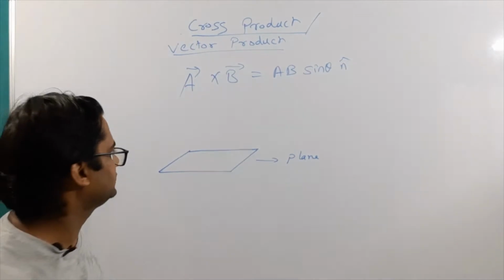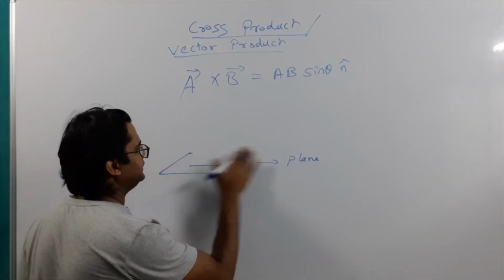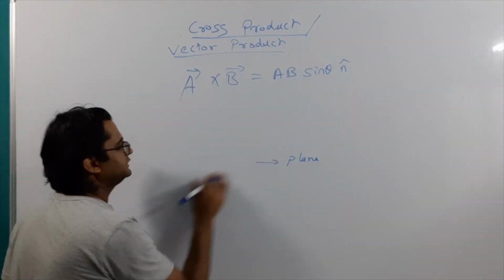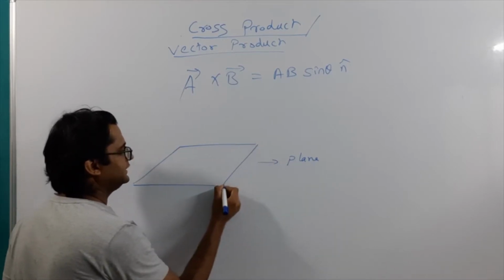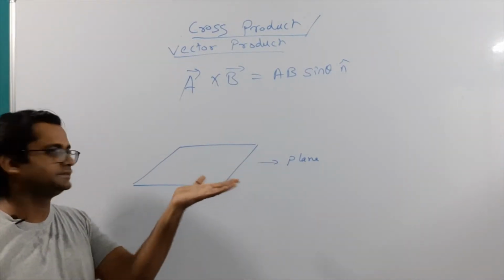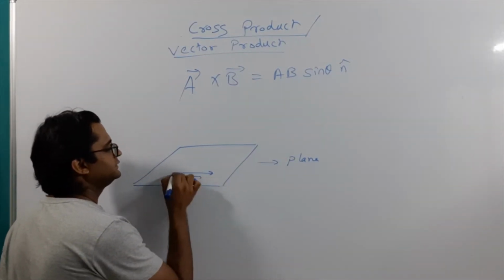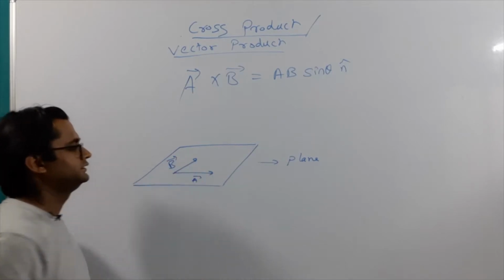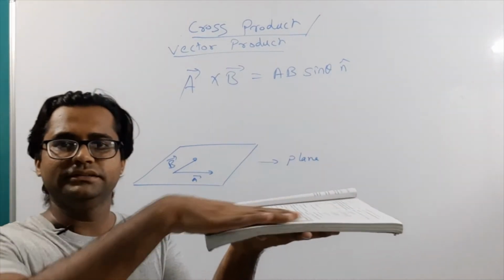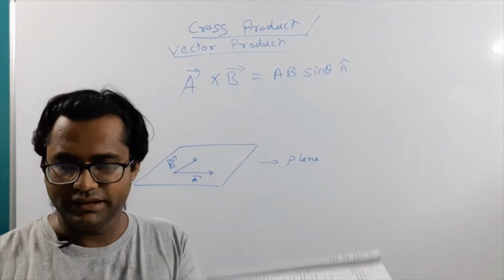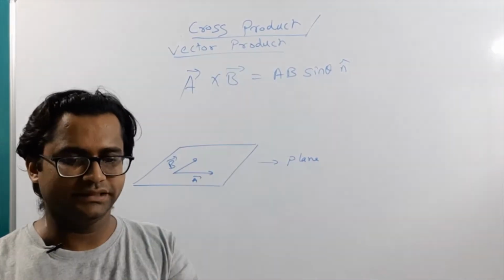Okay, so let me draw those vectors in this diagram also. So this is my a vector. Let me make the plane a little bigger. Okay, so let us draw a little bigger diagram. This is our plane. Okay, and it's a 3D plane. Imagine that it is like this, and we have our first vector a vector here, second vector b vector here. Okay, so how will this look in the real 3D world? This is our plane, this is our surface, and I have two vectors here. This is my first vector, this is my second vector.